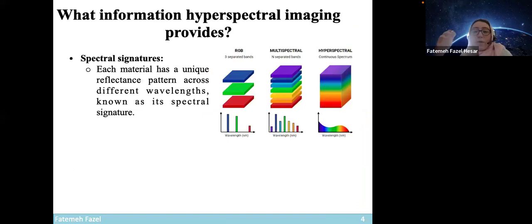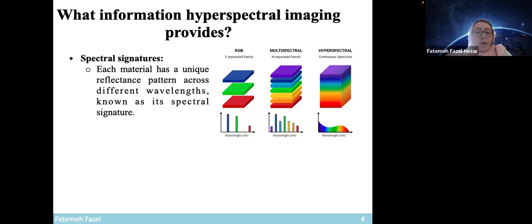In this slide, we want to talk about this type of imaging, which combines the benefits of digital imaging and spectrometry. Hyperspectral imaging provides both spatial and spectral information about the object's physical and chemical properties. The spectral information allows for the identification and classification of materials, and the spatial information provides data on the material's distribution and areal separation. Hyperspectral imaging answers questions concerning what, based on the spectrum, where, based on the location,